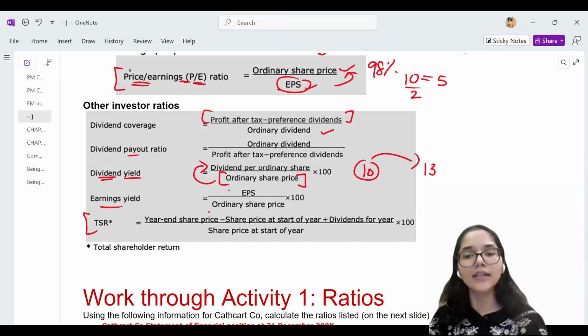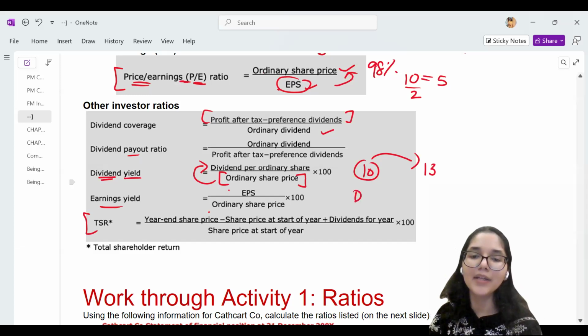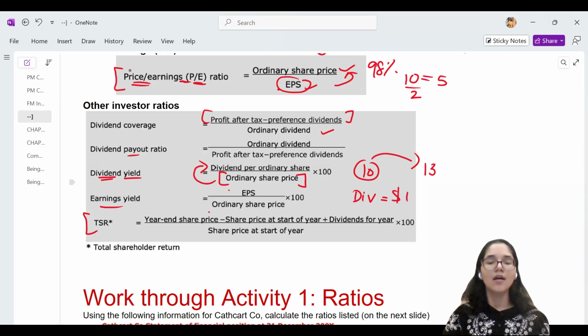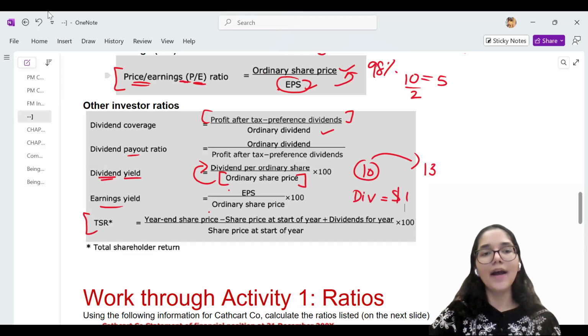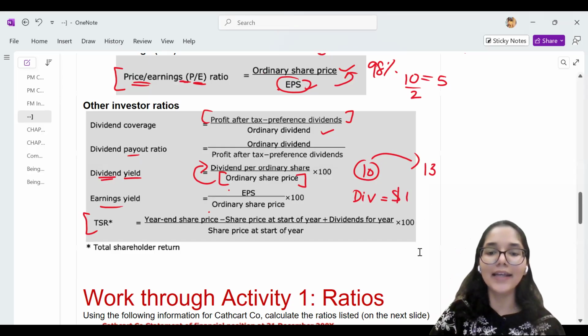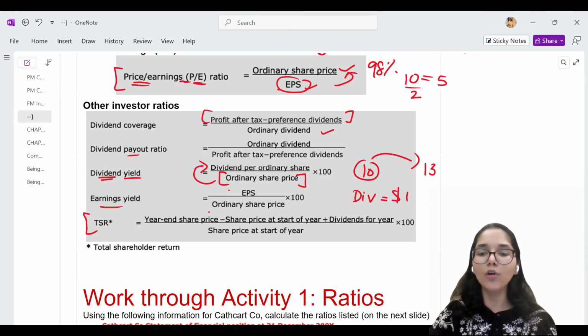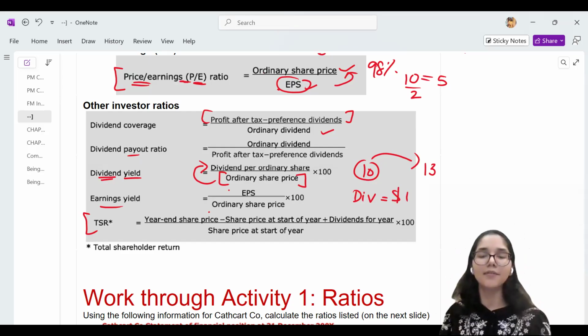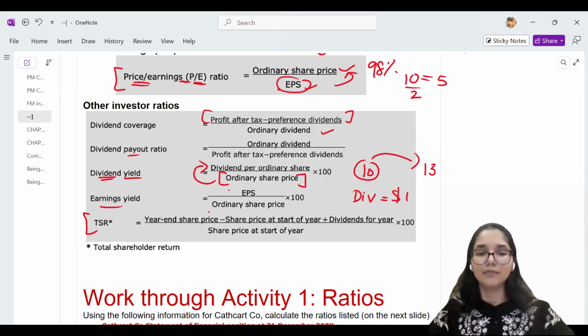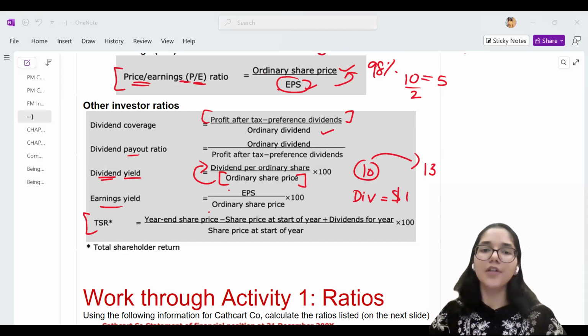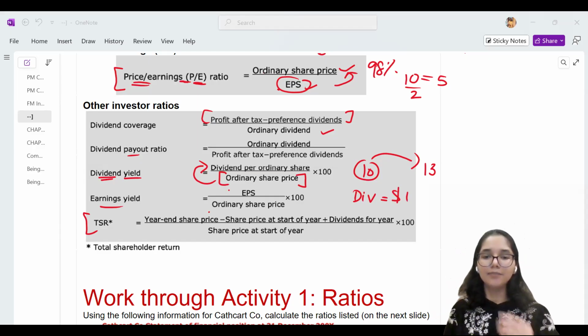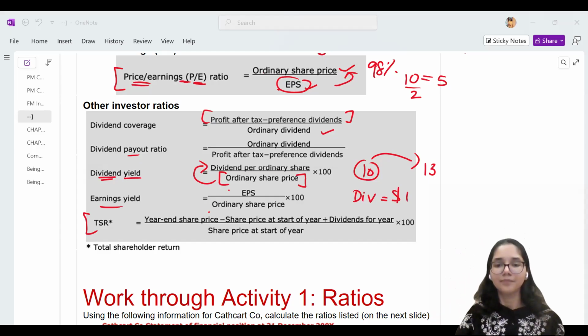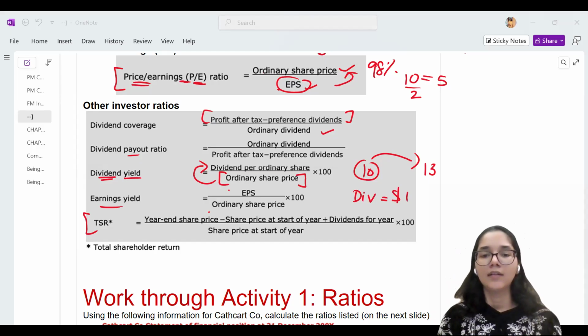And then during the year also, the company gave me a dividend. The company gave me a dividend equal to $1. So now, if I want to find out how much total I have gained this year, can you let me know what the gains are that I have made this year? What are the components of the earnings that I've made this year? You have the numbers in front of you.